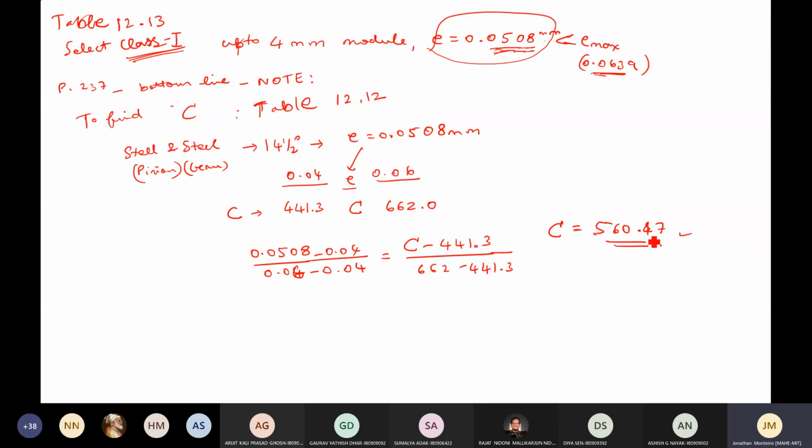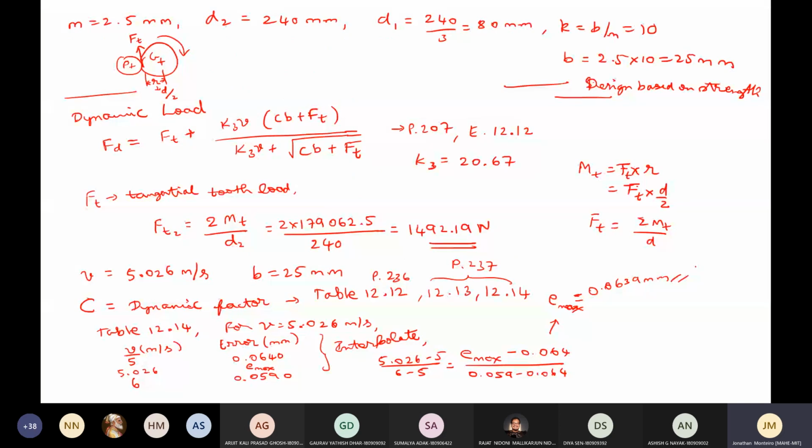Usually we don't display any units for this dynamic load, but if you do some slight analysis, it will come around Newton per meter or something like that. Newton load per unit length it comes. Anyway, we'll not worry about that here. So let us go back to the equation where we left behind.